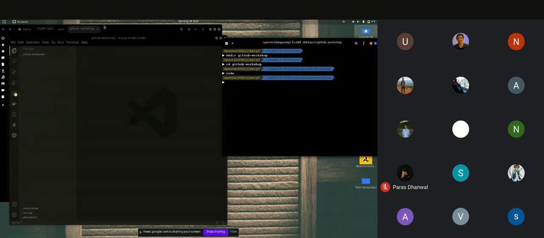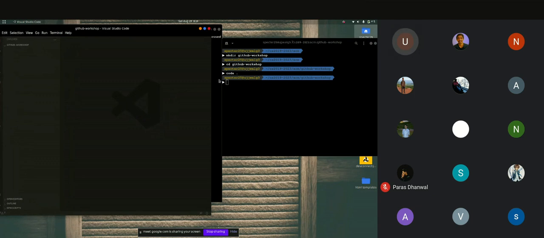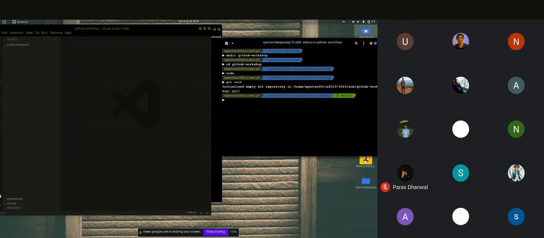Okay. So first of all, the first command I want to talk about is git init. What this does is it tells Git that you have to watch this particular folder for any changes that we make in the future. Right. So you get a message like "Initialized empty Git repository" and the path of the file.